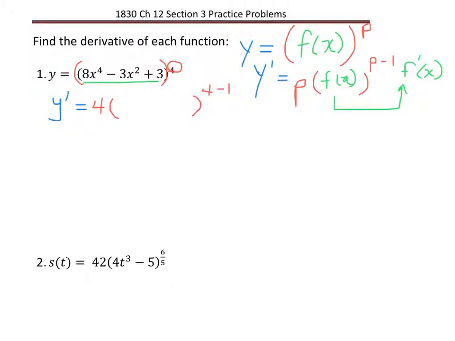And then the function that was inside the parentheses is, of course, still our 8x to the 4th minus 3x squared plus 3, and we are going to put that in the parentheses, but we're also going to need to multiply by the derivative of that function, and the derivative of that function is 4 times 8x to the 4 minus 3,